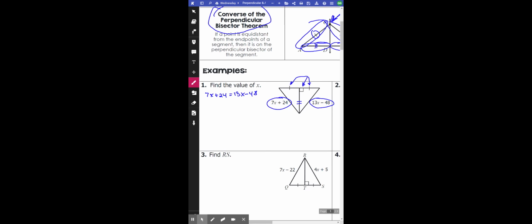All right, so let's move the 7x across, and we're going to get 6x. Or if we move the 7x by subtracting it, then we're going to move the 48 across. So we're going to move it across by adding it to both sides, and we get 72. And I'll get 6x on the other. This is just multiplication tables. Divide